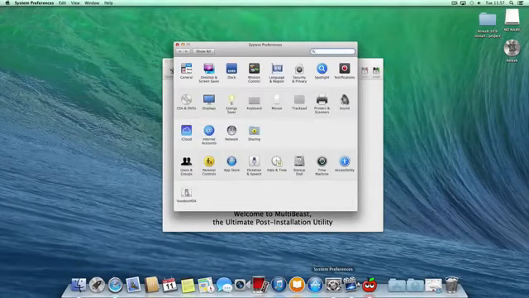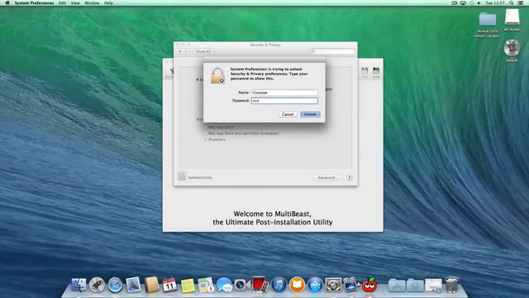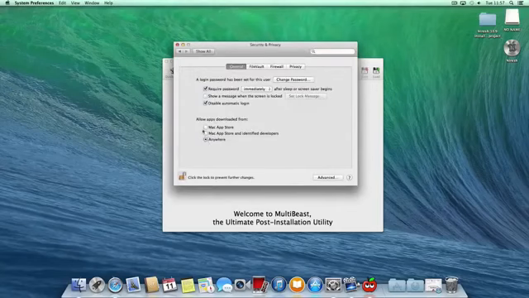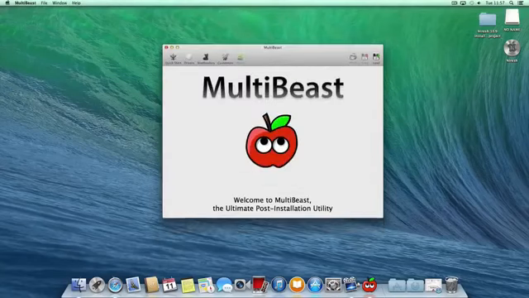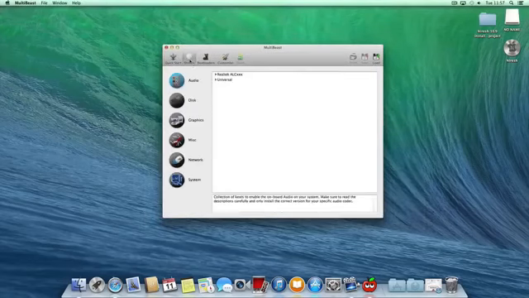So you just go on System Preferences, you go on Security and Privacy, and you click on this. You insert your password, and then you make sure that it's selected Anywhere. So you will just be able to open applications from anywhere. If you have some problems with your devices, you just go on Audio and you select your